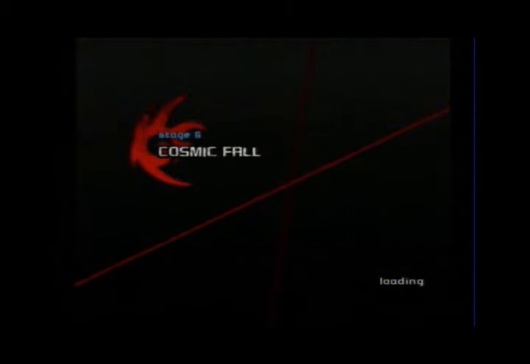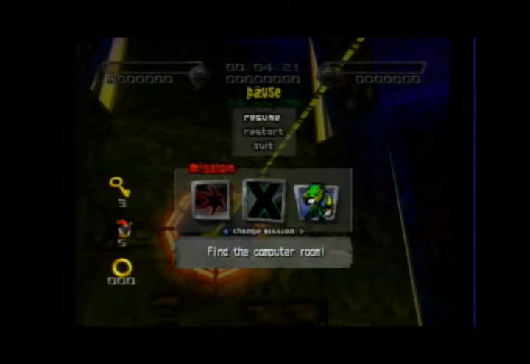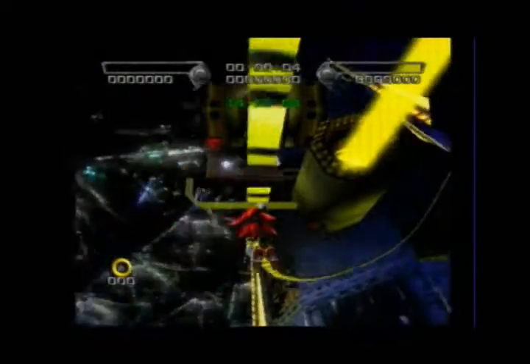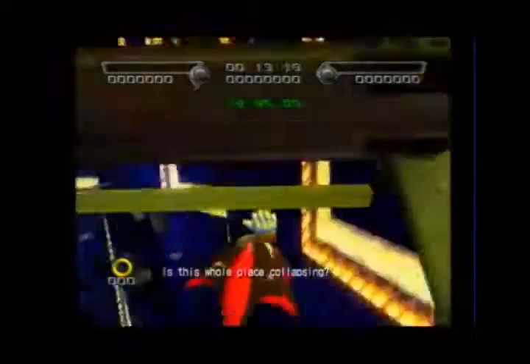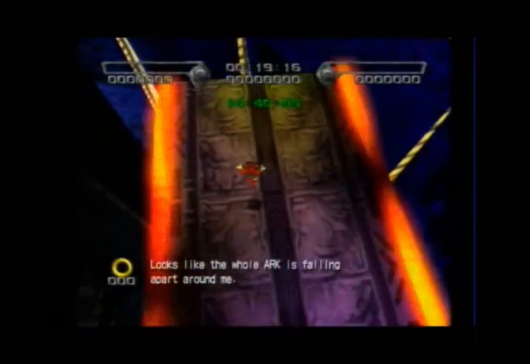We are now beginning the dark side ending for the semi-hero story. And if you remember, this is where we have to find the Chaos Emerald, which is about 4 minutes into the level. I'm pretty sure 4 to 5 minutes into the level. I'm sorry, 6 minutes. My bad. But yeah,